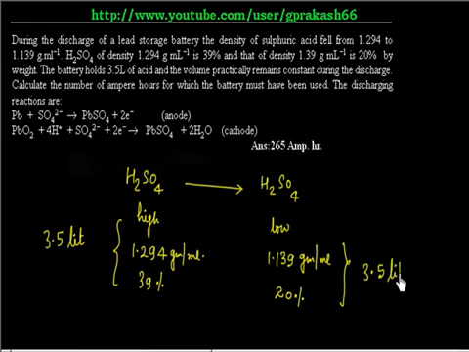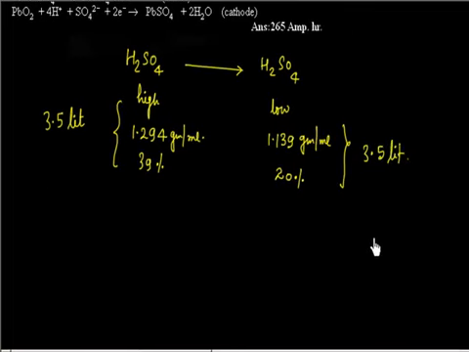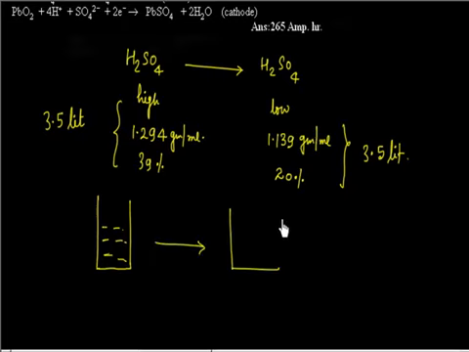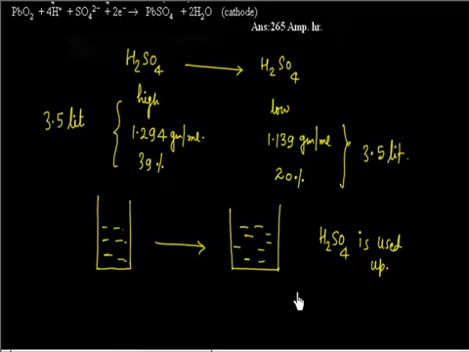So what is happening? We have a battery and that contains H2SO4. So you have the initial battery, and this contains H2SO4 and also H2O, and finally H2SO4 has been used. So now the content of H2SO4 inside this battery has been lost. As the battery goes on, H2SO4 is used up. Now if I calculate how many mole of H2SO4 is used, then we can do something.